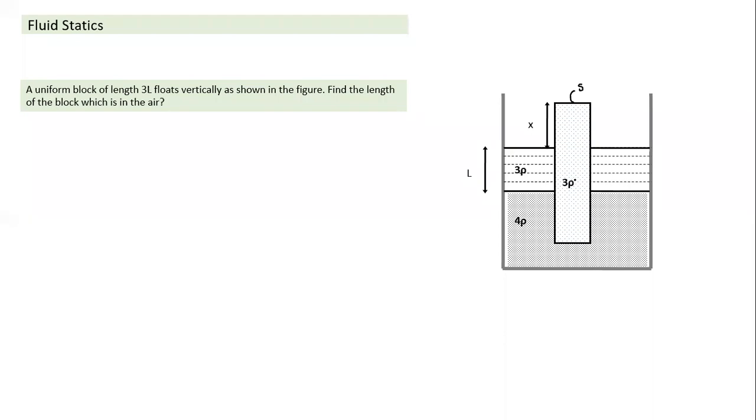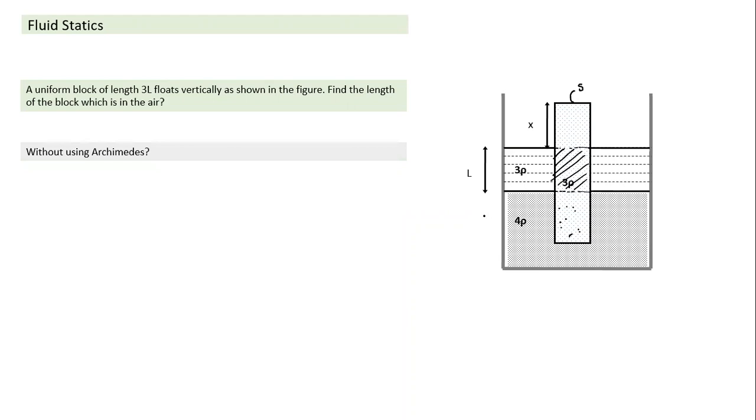In Archimedes principle, the weight of the block will be equal to the weight of the liquid displaced. What is it displacing? It is displacing two different liquid levels here. So this is the weight of liquid of density 3 rho for this volume, and this is the weight of liquid of density 4 rho for this volume. I'll equate the sum to the weight of the block. That's one way of solving the question, and we can easily form the equation.